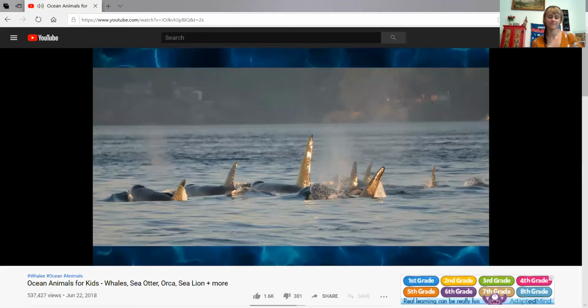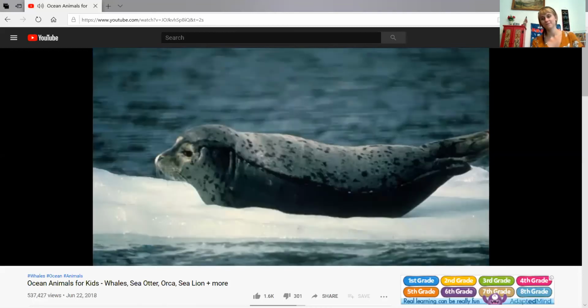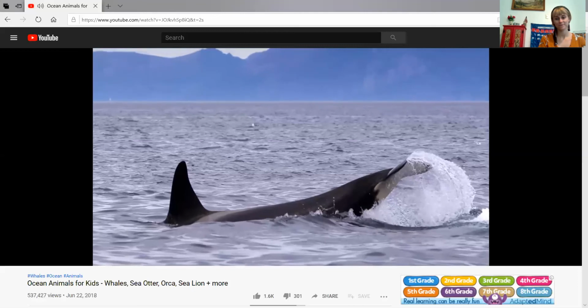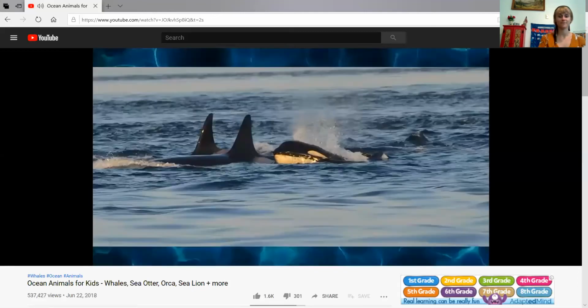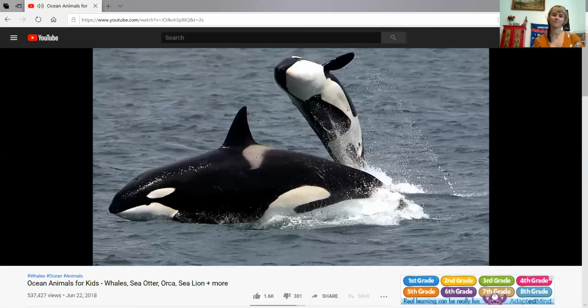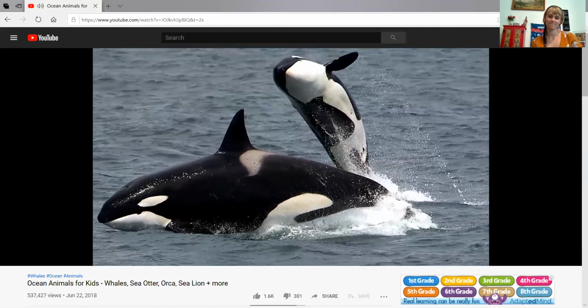They're also known to use very clever hunting techniques. For instance, if they see a seal or other prey animal on a piece of ice, they swim quickly towards it, making a wave. The wave knocks the seal off the ice into the water, and bam, the orca gets its dinner. Orcas also sing songs to each other, probably congratulating themselves on being excellent hunters.